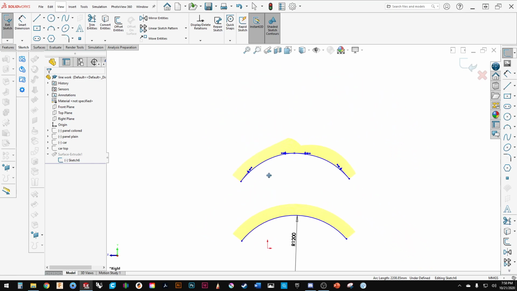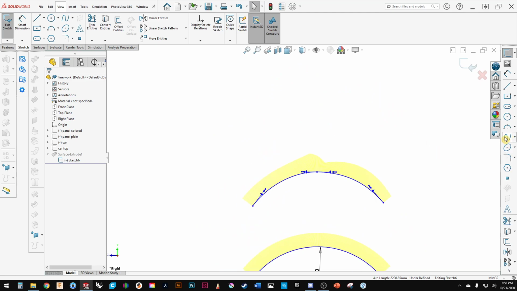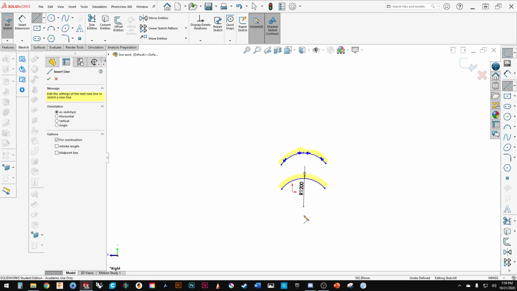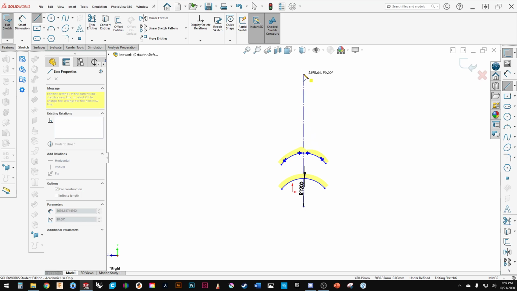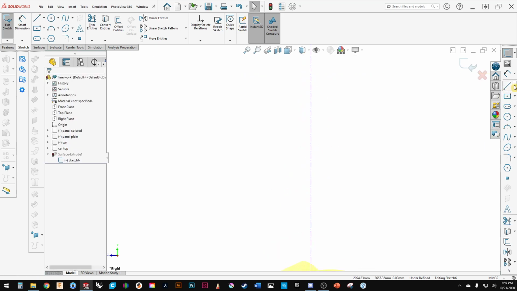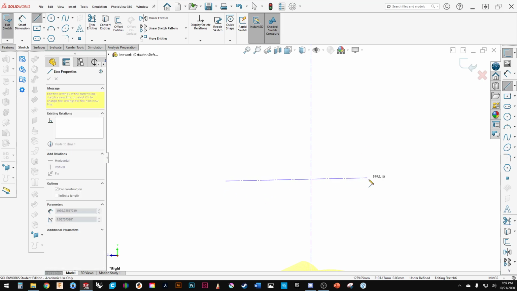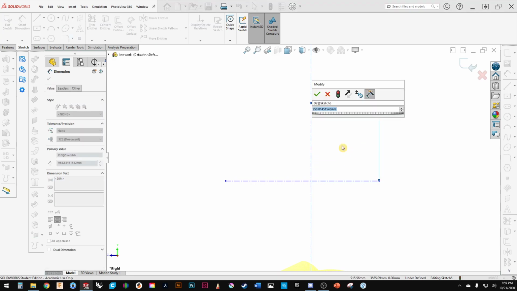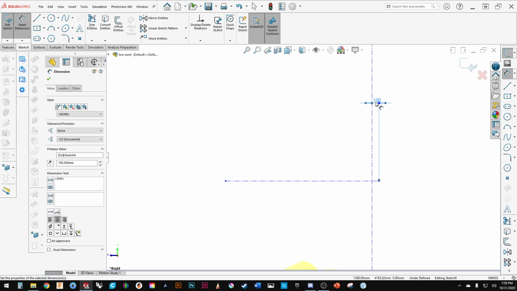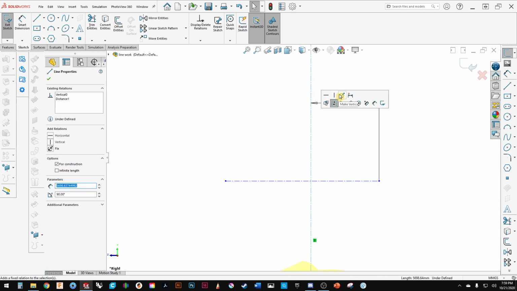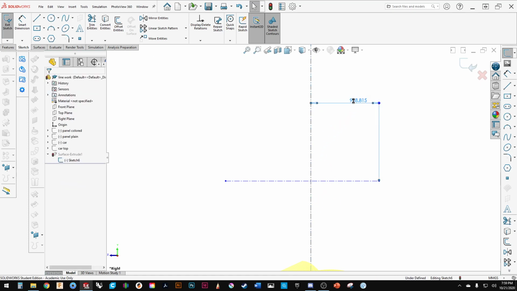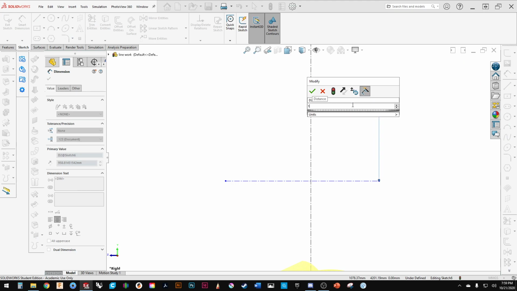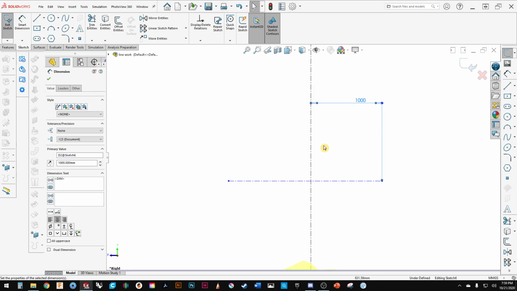Now, if I was to come back and do a spline, let me just see if I can do it here. So what I'm doing is creating some dimensions